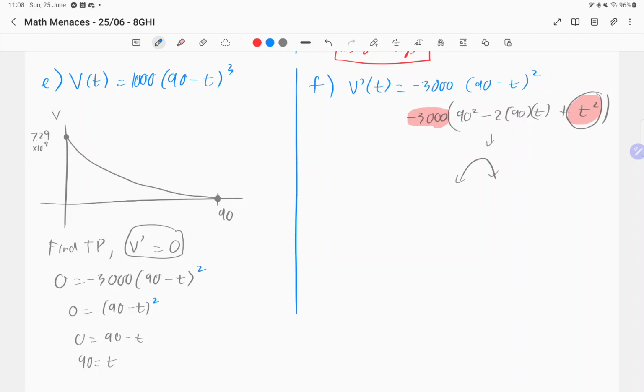Isn't it like an exponential growth one? No, it's actually a quadratics. Yeah, that's why it looks a bit strange, but it is a quadratics that has a turning point at 90. So it's just cut in half, like we're not seeing the other half. You're just not seeing the other half. And they don't even give you